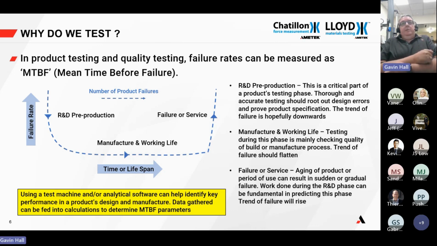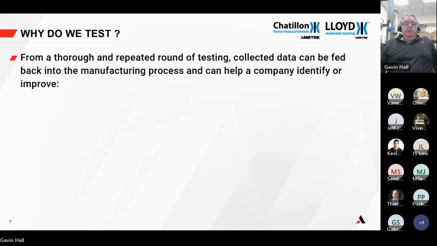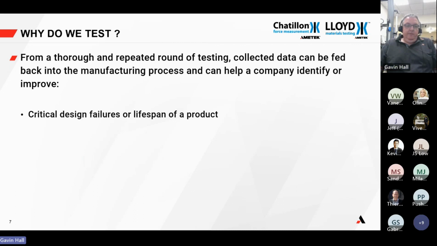Using a test machine and or analytical software can help identify the key performance in a product's design and manufacture. And then that data gathered can be fed back into calculations to determine the failure parameters. So from a thorough and repeated round of testing, collected data can be fed back into the manufacturing process and can help a company identify or improve critical design failures or lifespan of a product,